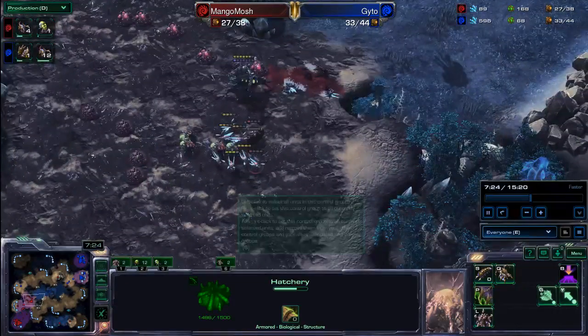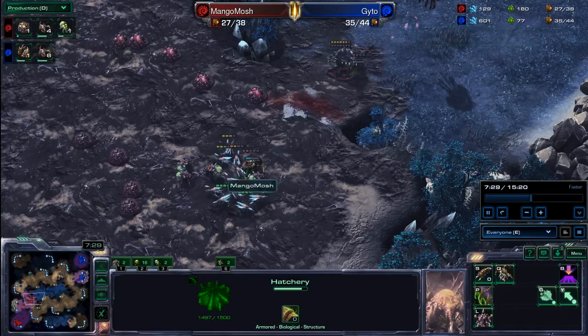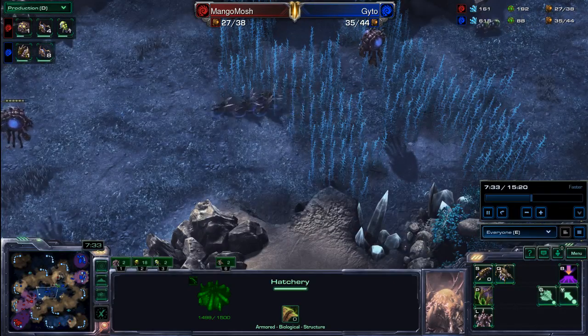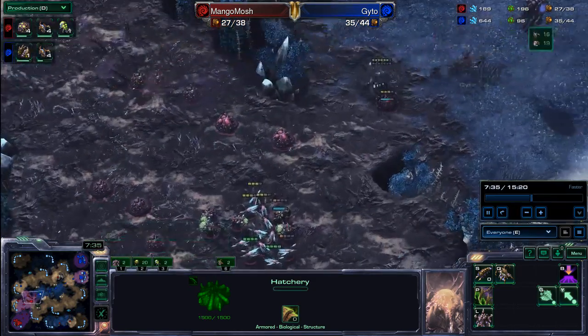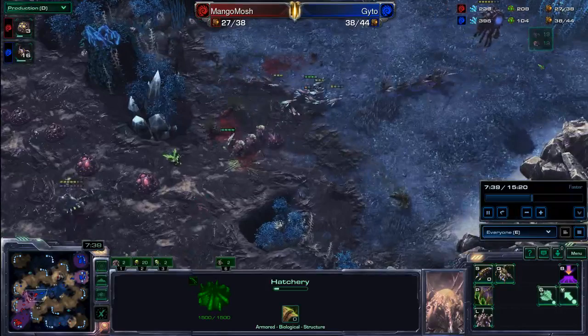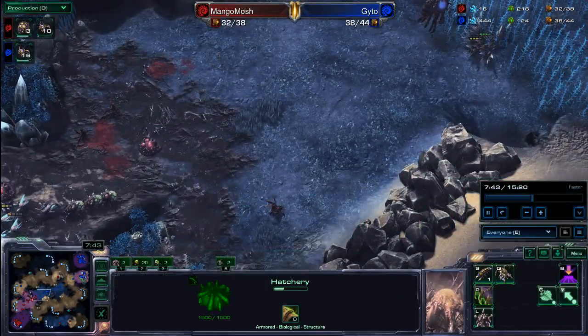And once again, the supplies are pretty even. Only the worker lead for Giotto is still strong. And he should be technically able to outproduce Mango because he has 2 bases and more workers. But hey, you know, if you take shitty trades all day with your lings, it's not going to happen, right? I mean...